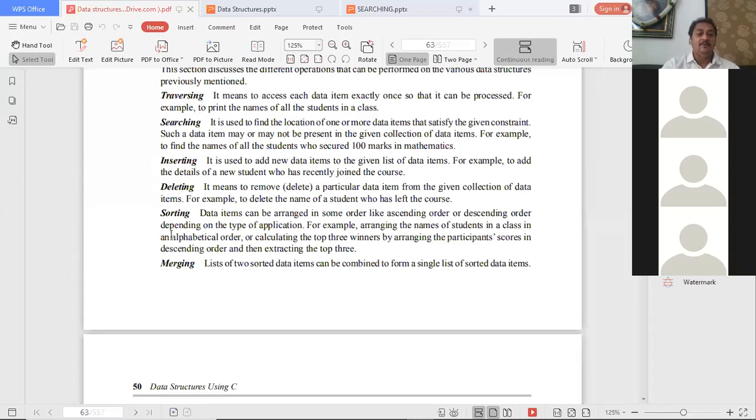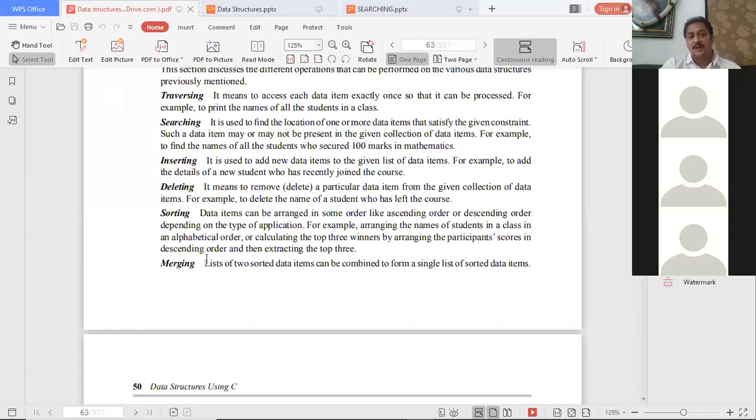Once the insertion and deletion is over, we go for sorting. After sorting, we go for searching. Traversing is nothing but visiting all the elements one by one, and then merging. Once the sorted elements are available, we go for merging.